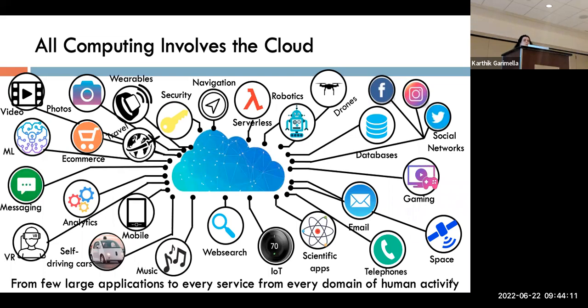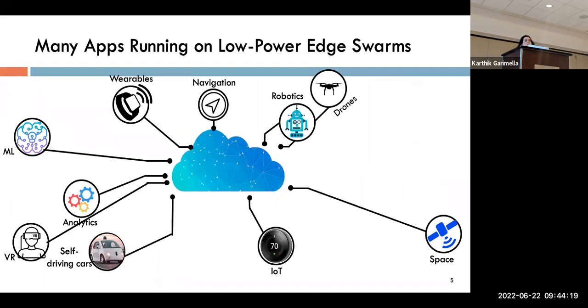And many of these applications run purely on cloud resources in large scale data centers where resources are plentiful. Over the past few years, an increasing number of applications has also a component of their computation and data, which resides on edge devices. And there is a wide spectrum of these edge devices. They range from relatively powerful ones like smartphones or tablets, which have quite a bit of compute, memory, and network capabilities, to very low power devices like drones, nanosatellites, sensor networks, and small, simple terrestrial robots. For the purpose of this talk, I'll mostly focus on the latter, the low power devices that are resource constrained.